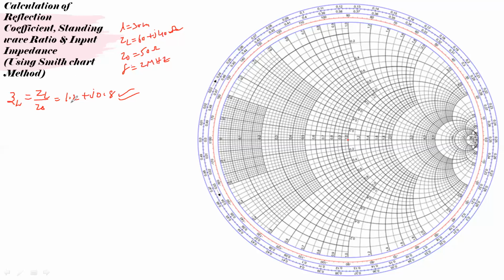So from this, we have the value of R is 1.2 and X is 0.8. And obviously from this equation, we can say that X is positive and it is of inductive nature. So we can directly point out the value of R equal to 1.2. R values are represented on the gamma axis, that I already mentioned. So this is the center value one, it is 1.2. So this is the value of R circle. Let me draw the R circle here.